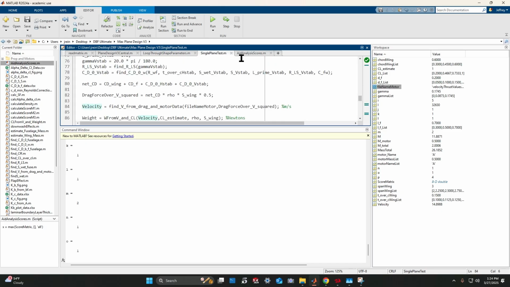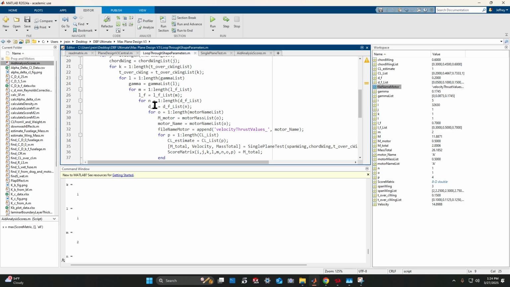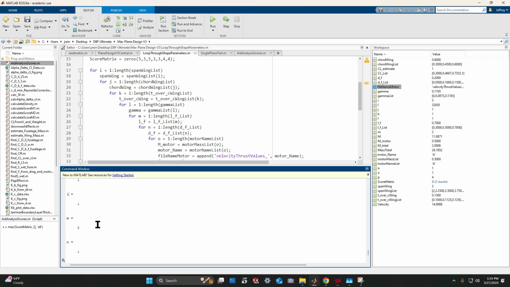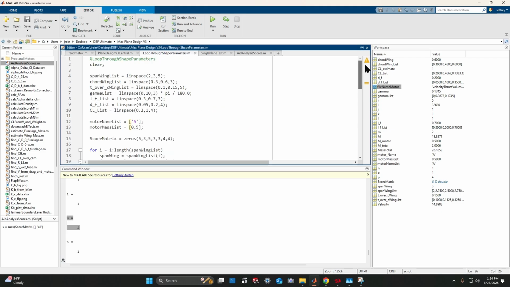Let me just verify that this matches. Sorry, let me make a correction there. Yes, I is span, J is chord, K is thickness, L is gamma. So this is with no sweep, and then M equals 2 means that the length, it wants it to be 1/3 of the way between 0.3 and 0.7, so that's about 0.4. It wants the diameter to be 0.05